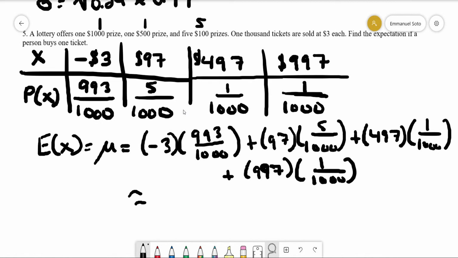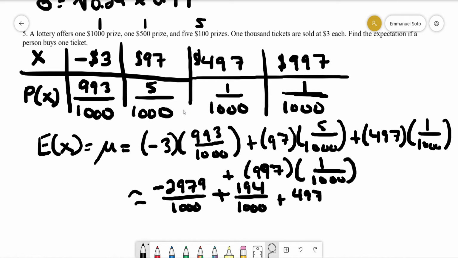Alright, and then we're going to calculate that, and that will give us our expectation, or expected value. So here, this will give us negative 2,979 out of 1,000. 97 times 5, that's 194 out of 1,000. We got 497 out of 1,000. And 997 out of 1,000. So we add those together, 997, 497,